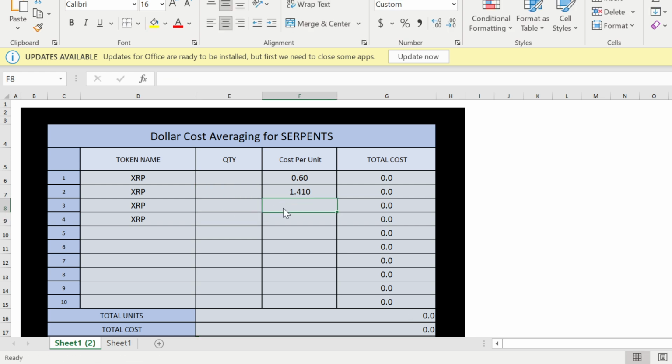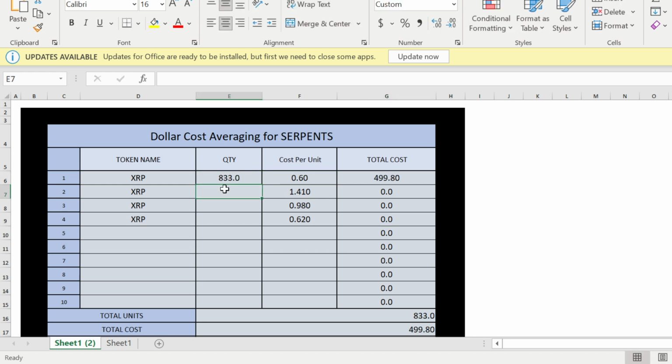So the 5th of May was $1.41, and then the 5th of June was 98 cents. So let's go into that one there and put 0.98. And we don't know yet what the 5th of July will be, but for the purpose of making this video, let's say argumentatively that on the 5th of July it was 0.62. Now, we know that we're going to put in $500 every time. So when we do the $500, obviously we do 500 divided by 0.60 for the first one. So that's actually